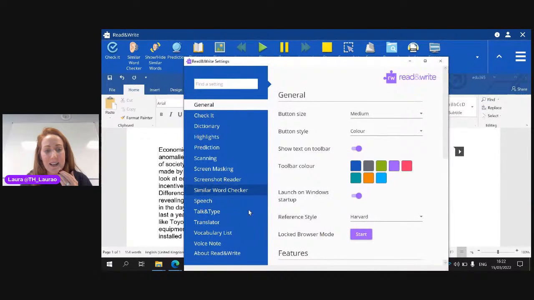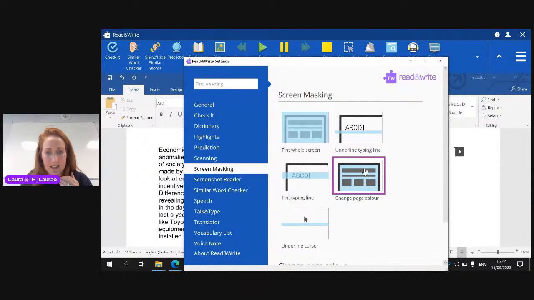I went into my settings and I went to the screen masking, and there it is, change the page colour, which I actually had it set to. All of these little features are very important to your student. So tinting the whole screen, as you can see, the black and white writing behind it gets a little bit faded, but if you change the page colour, the black text stays as black as it should be in the front. You can use the tint typing line, so as you type, it tints the line that you're on, or